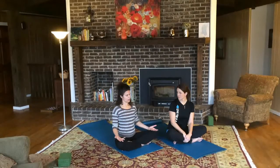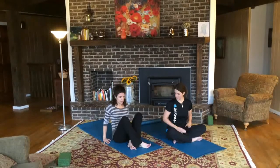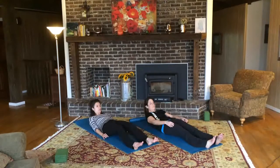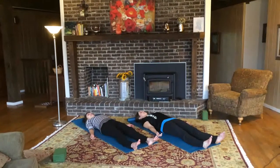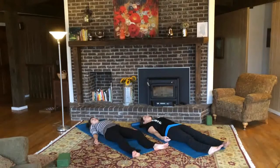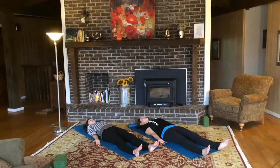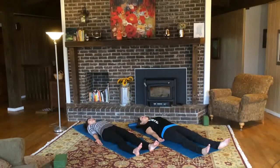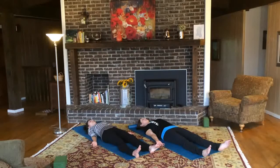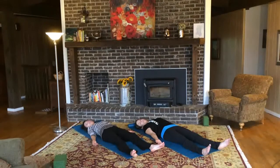So that's what that pose is for, and after you're doing something strenuous, it's nice to bring the body back to that place. So the basic alignment for that is you'll lie down on your back. So lying down all the way onto the back, and I really like to just let the feet roll in and out a few times, moving the femur bone in the hip socket. And then the palms are facing up towards the ceiling, and you're going to press the backs of the arms into the floor, lift the chest up, and take the shoulder blades onto the back. So you're actually lying down on the shoulder blades. Like the feet, you can turn the head from side to side a few times,